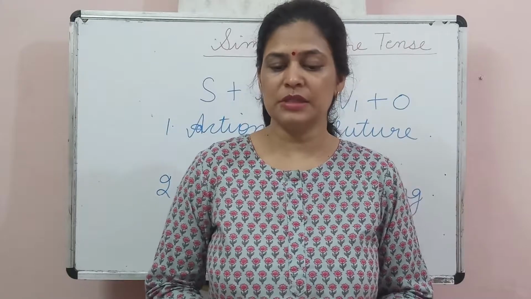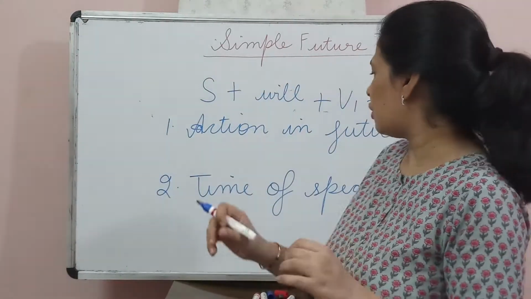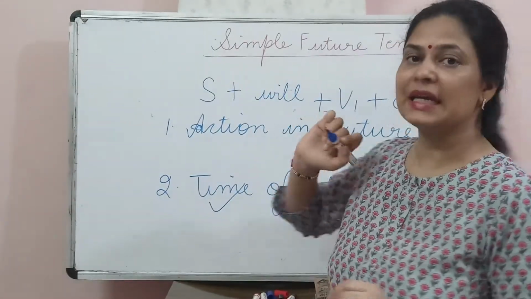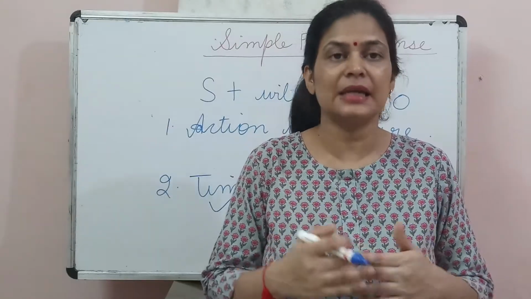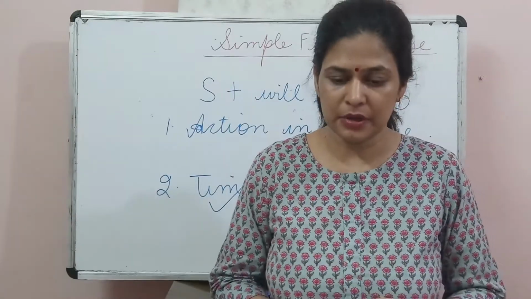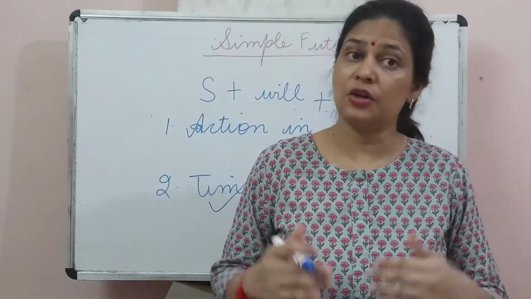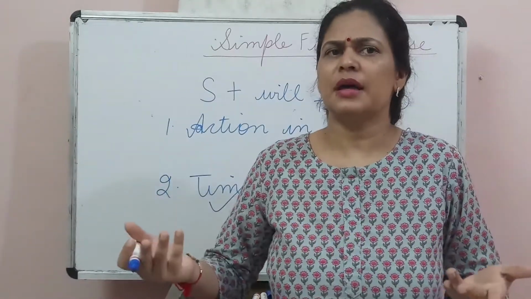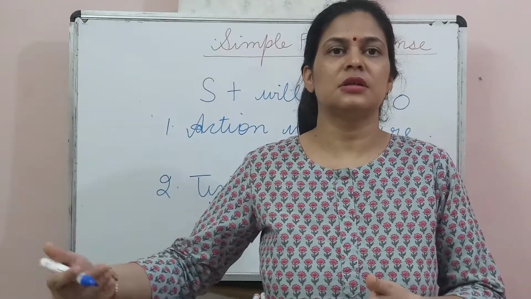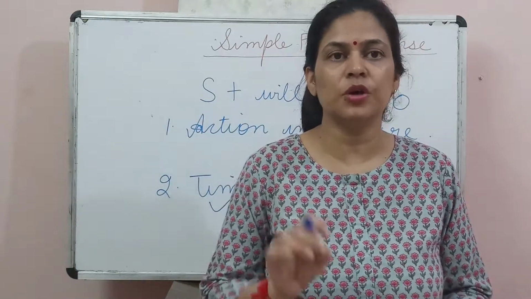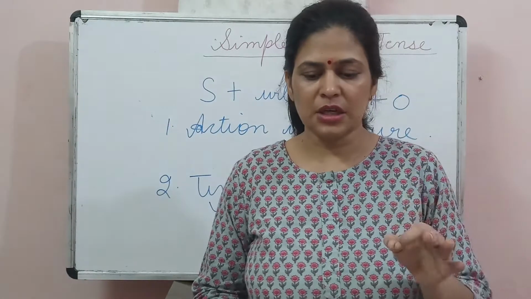We also use this tense when we decide to do something at the time of speaking. The second one, which I have not decided earlier, but I am just deciding as I am thinking. See the example: it is cold, so I will shut the window. I had not pre-decided, but I will go and shut the window. This is just in the future time I am going to do this action, and it is not pre-decided. Next, tea or coffee.